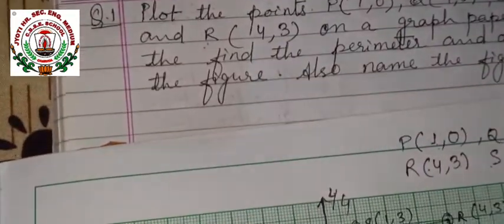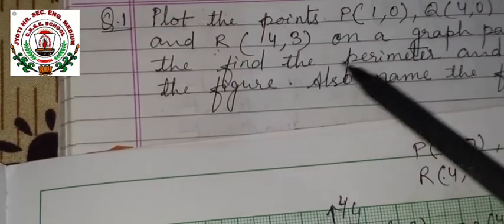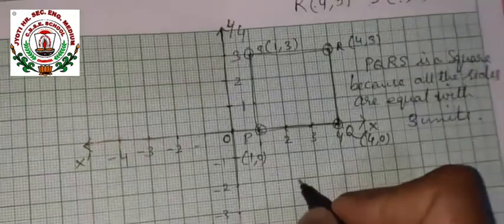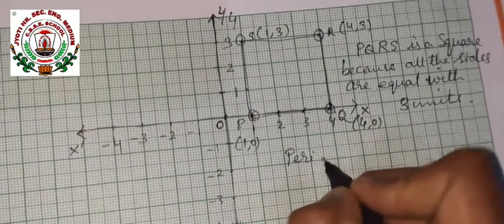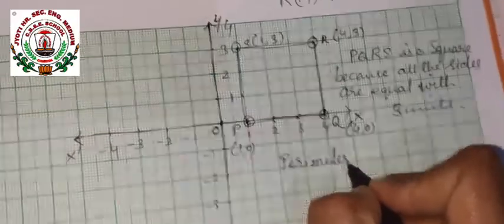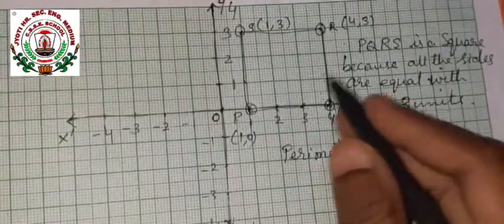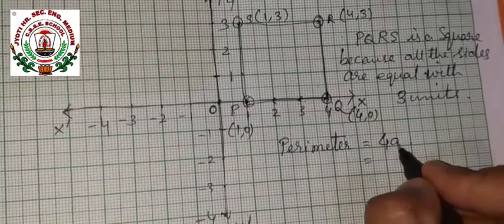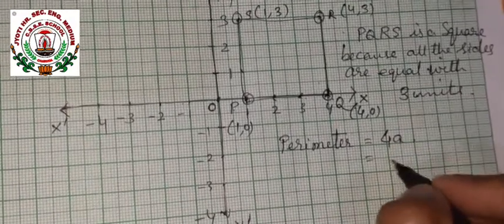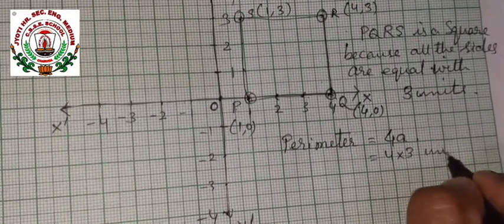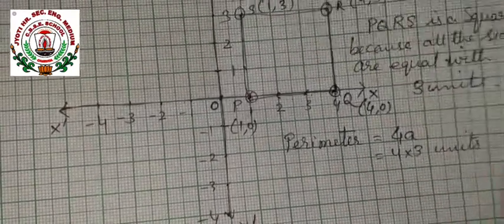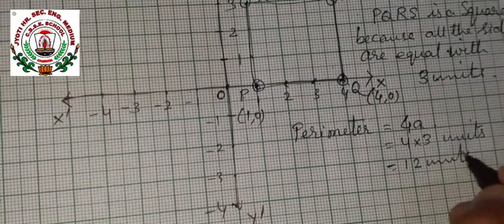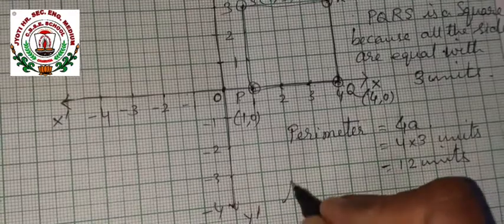Now according to the question, what do you have to find? See, find the perimeter and the area. So perimeter means, we know the perimeter formula of a square: sum of all the sides. So let the side be A because in a square all the sides are equal. So sum of all the sides means 4A. So now put the value of A as 3 units because sides are 3 units each. So 4 into 3 units, that equals how much? 4 3s are 12. So it will be equal to 12 units. The perimeter we got.